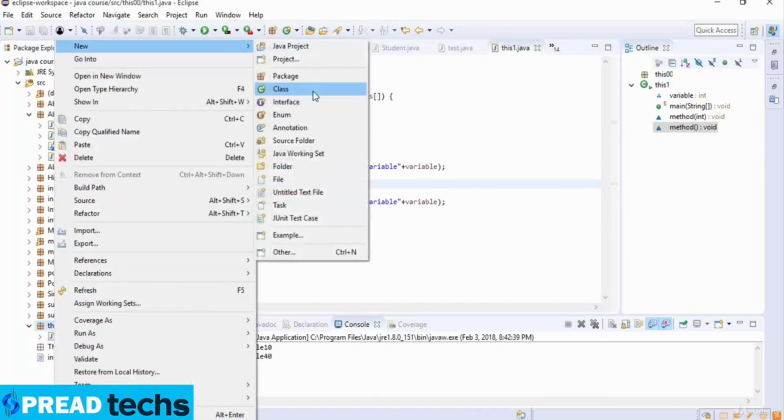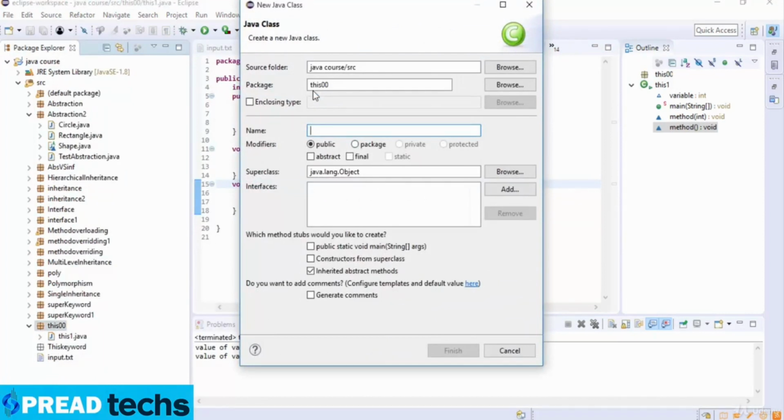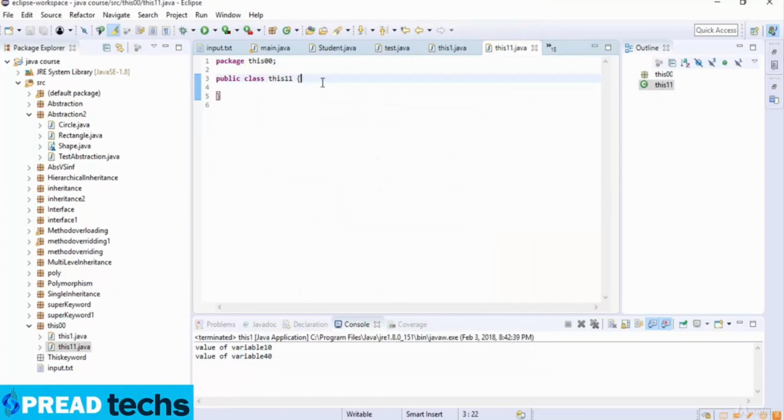Here I just create a new class, and the class name here I just write this one, and then here I just use this keyword and then write this one and close this code here, and then I just write system dot out dot print line, and the print line here is inside constructor without parameters. Okay, and then